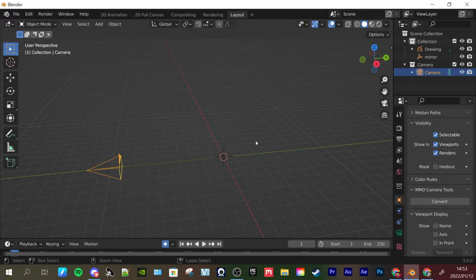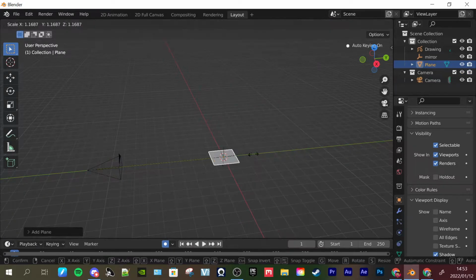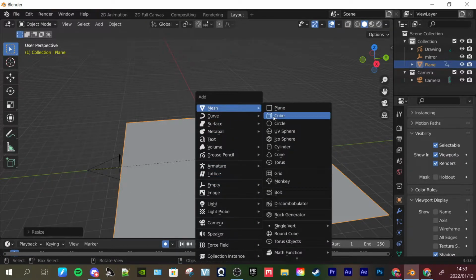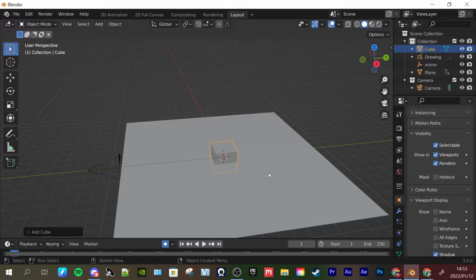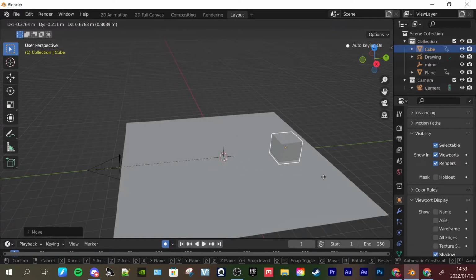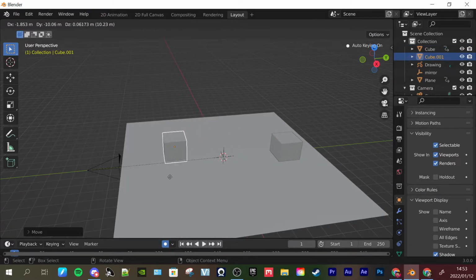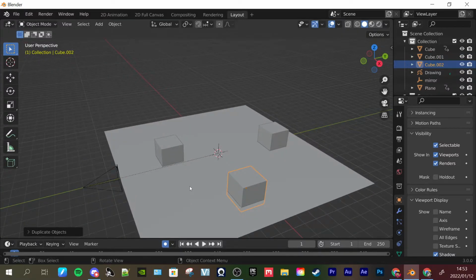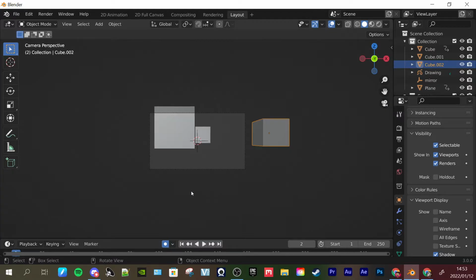And let me just create a plane, an empty plane, and let's add a cube somewhere, because depending on how you want to set up your scenes and whatever, you know. There we go. So now we have our camera,